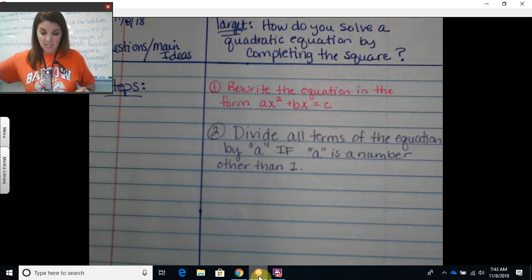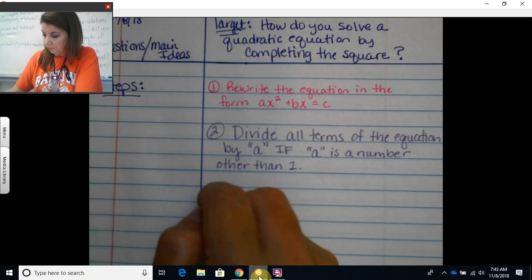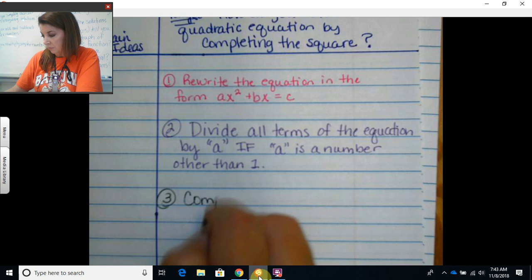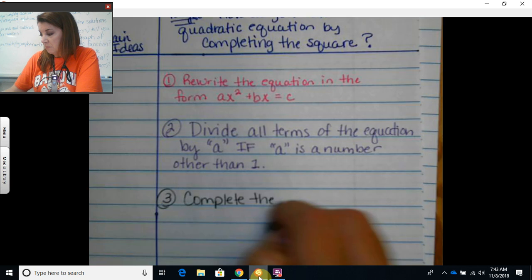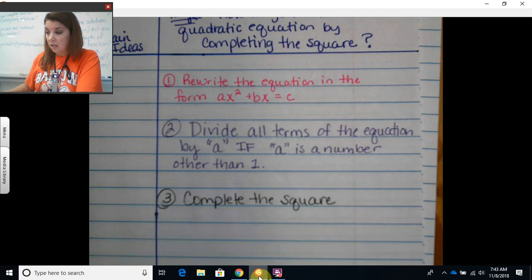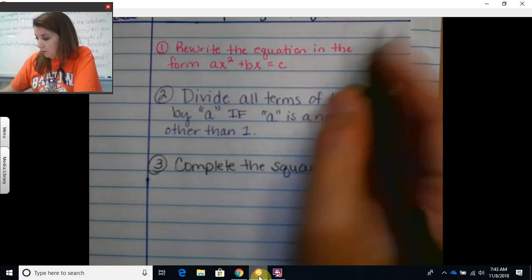Step 3. This step's got a lot of words. Complete the square. Sometimes you'll just see test questions that say "complete the square," and it's just talking about this particular step. To complete the square, or we should say to do this,